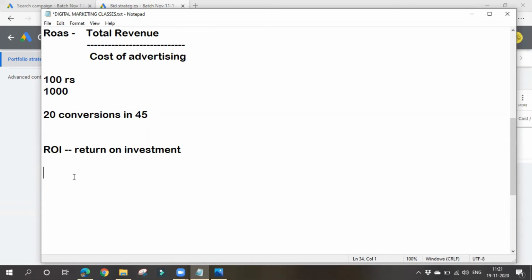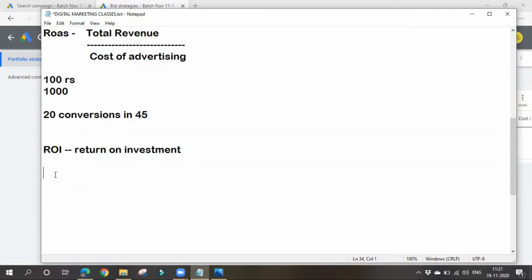return on investment. Okay, but in case of ROAS, we'll simply consider the money we spent on ads versus how much we made from the money spent on ads. So we'll take into consideration only what we spent on ads, but in case of ROI, we take into account every expenditure.